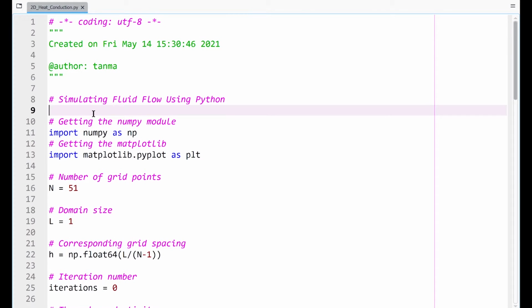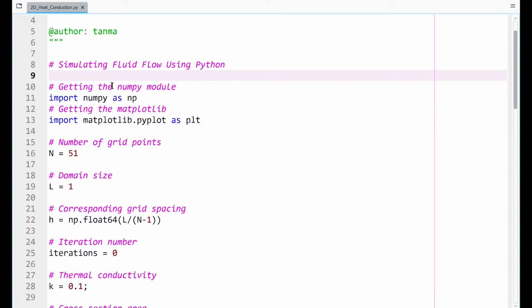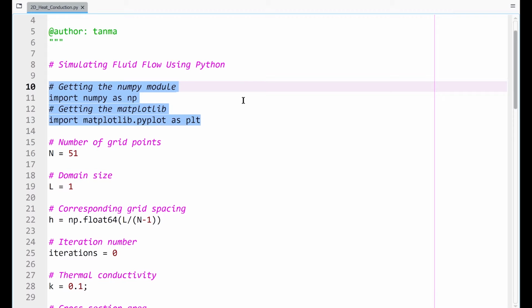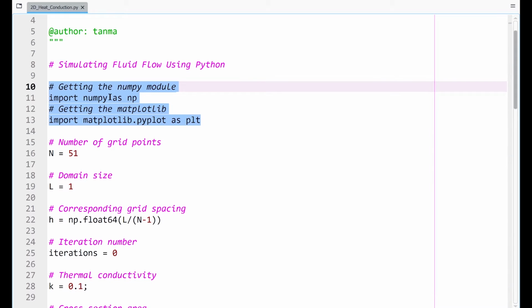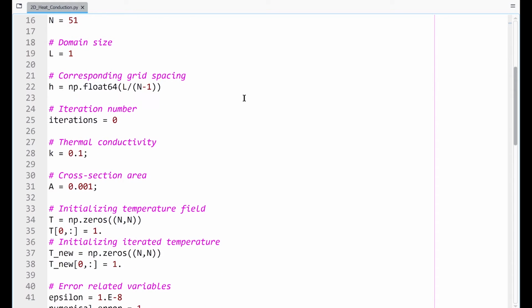In order to write a two-dimensional Python script, we don't really have to make a lot of changes. I'm still using the previous one-dimensional code as my base code, and you would see a lot of similarity between the generalized code that we wrote for the one-dimensional scenario and the 2D scenario that I'm going to talk about today. As always, we first get the required libraries or modules needed for the calculations. I import numpy as np and I import the matplotlib library as plt. These two libraries would be used for the computations and the visualizations respectively.